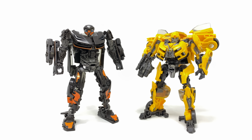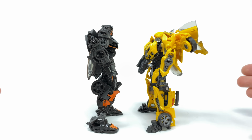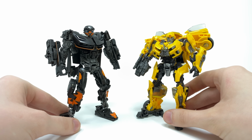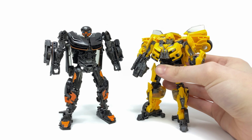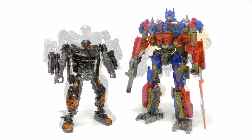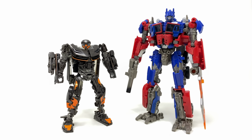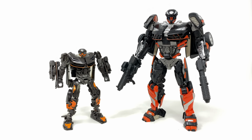Here we have Hot Rod alongside the Transformers Dark of the Moon Studio Series Bumblebee, just so you guys can see how these two scale with one another, and overall I actually don't think they look too bad at all. Of course, we'll no doubt see a version of the Transformers 5 Bumblebee in the future, but this was the closest version that I could find in my collection. Here he is alongside the Studio Series 32 Optimus Prime, Transformers 5 Voyager Class Hound,